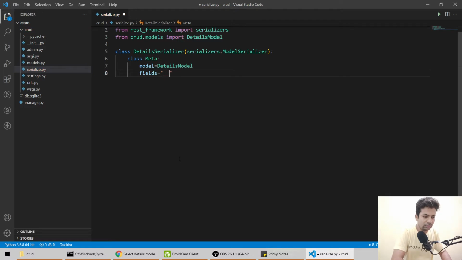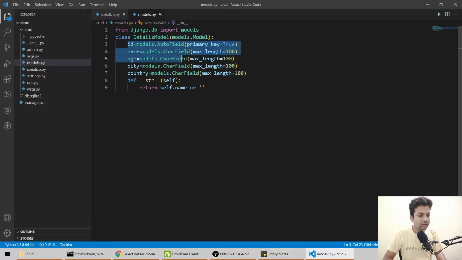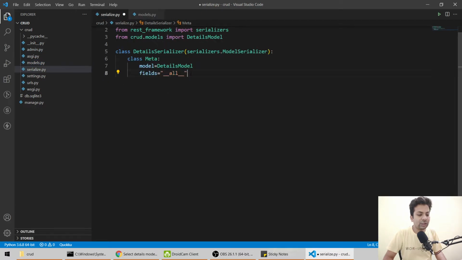__all__. Django uses an SQL database at the backend, so this will allow us to use it like NoSQL, object based. Here we are telling it to use the details model and serialize that. Secondly, we are telling fields. This has 5 fields, so we are telling it to use all fields. If you want specific fields only, you can write them here, like ID only, or city only. Like this you can tell which fields you want to use, but generally we use all. Okay, that's it.